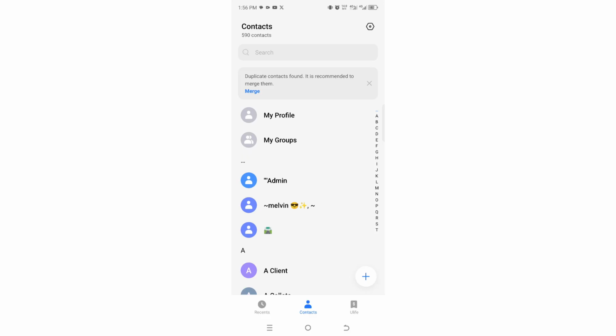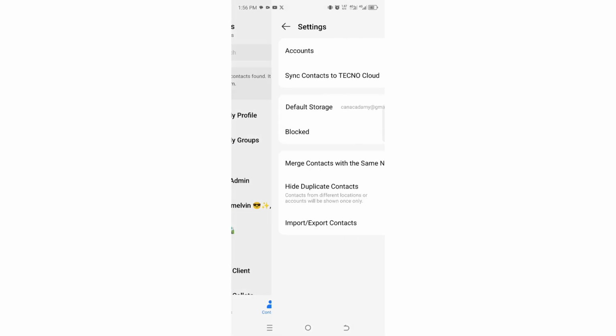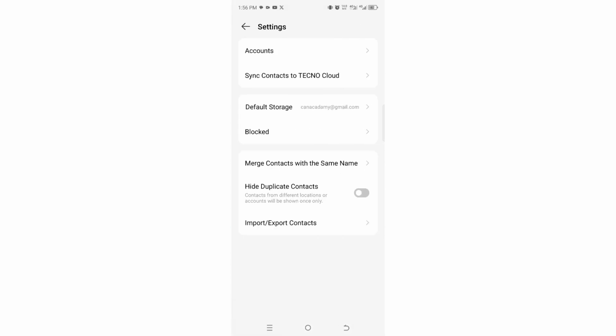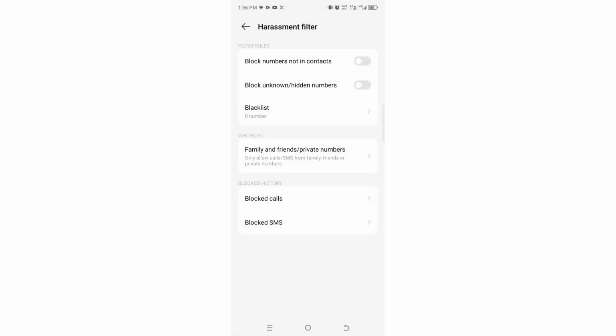So when you're in the contact interface, you need to click settings, which is probably in your right hand upper side or in the left hand upper side, but mine is located here. Then you need to come to where we have blocked. So in most cases, the reason why you are not able to receive calls and messages in your phone from unknown contacts is because you have blocked